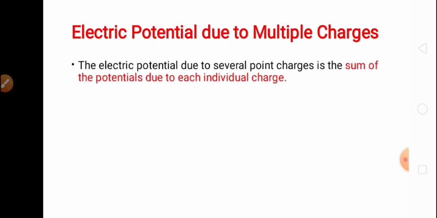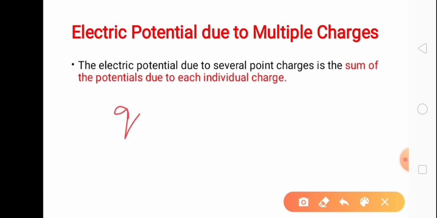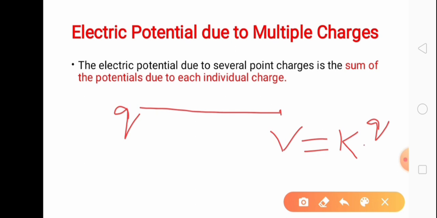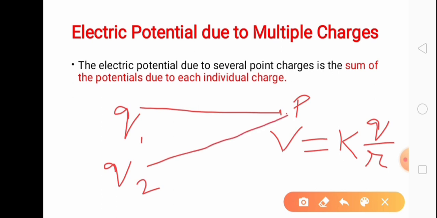Now, electric potential due to multiple charges. You know what is the potential due to a point charge. Due to point charge Q at a distance r, what is the potential? kQ by r. Okay. For example, Q1 and Q2, two charges are present here. Then potential due to Q1 at this point, then potential due to Q2 at this point,